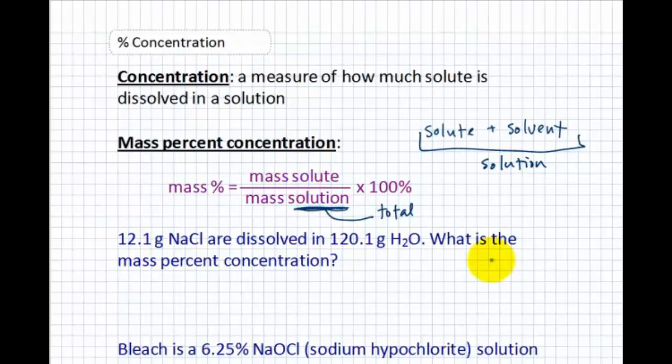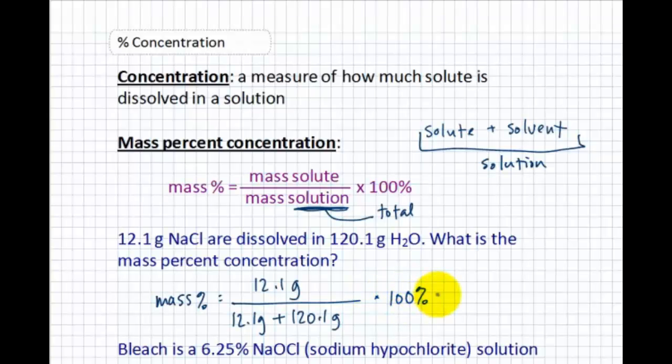So if we look at this problem right here, to calculate a mass percent, we just have to do that division, right? If we got 12.1 grams of NaCl dissolved in 120.1 grams of water, what is the mass percent? Obviously, it's going to be the 12.1 grams of sodium chloride because that's the solute that we dissolved, okay? But be careful. We're not going to divide by 120.1 grams of water that we added. Mass percent is mass of solute divided by the mass of the solution. So we have to add up the 12.1 grams of the solute plus the 120.1 grams of the solvent